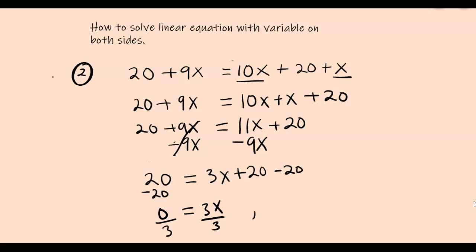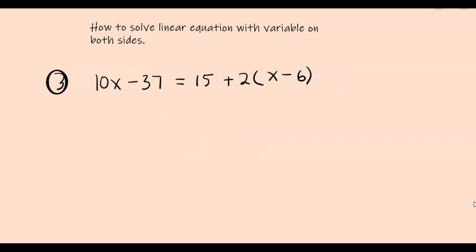0 divided by 3 is 0. And here we have x, so x is equal to 0. Okay. So this is not a 0 solution, but indeed here the x is equal to 0. 0 is a whole number, so the answer is 0. Okay, let's look at